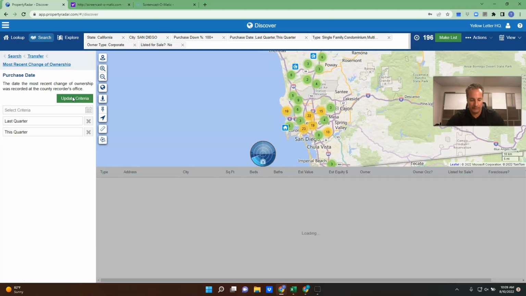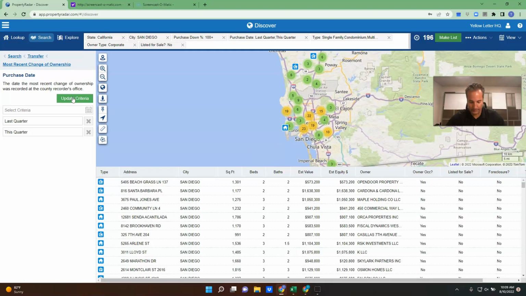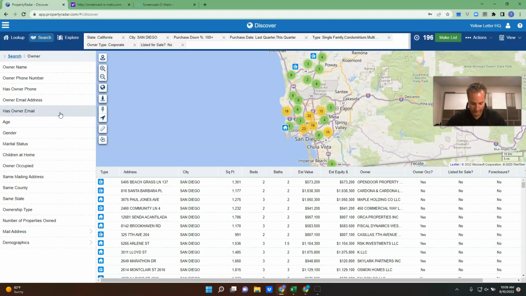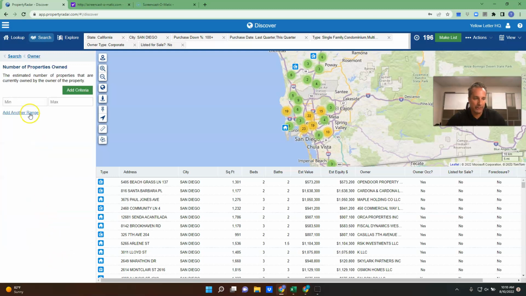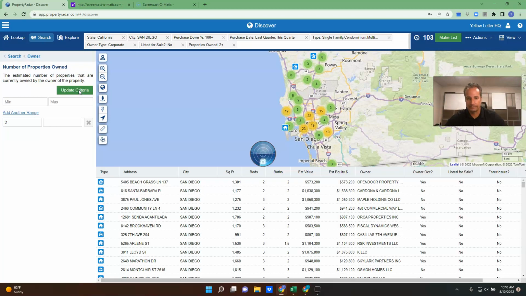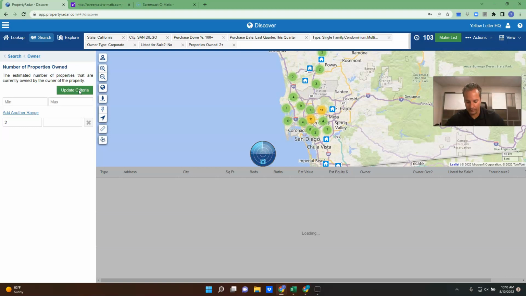196. All right, and so corporate property zone. Here's what else I'm going to do. I'm going to go to property, number of properties owned. And I want these guys to at least have 2 properties on the books right now. I want to deal with real investors. They've got to have 2 minimum. You can add more. So I want to have 2 properties on the books. Okay, 2 properties on the books. That gives us